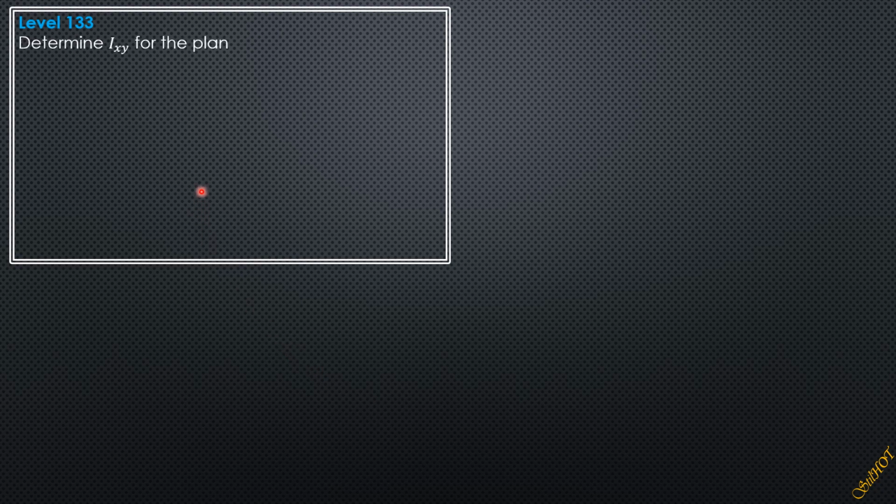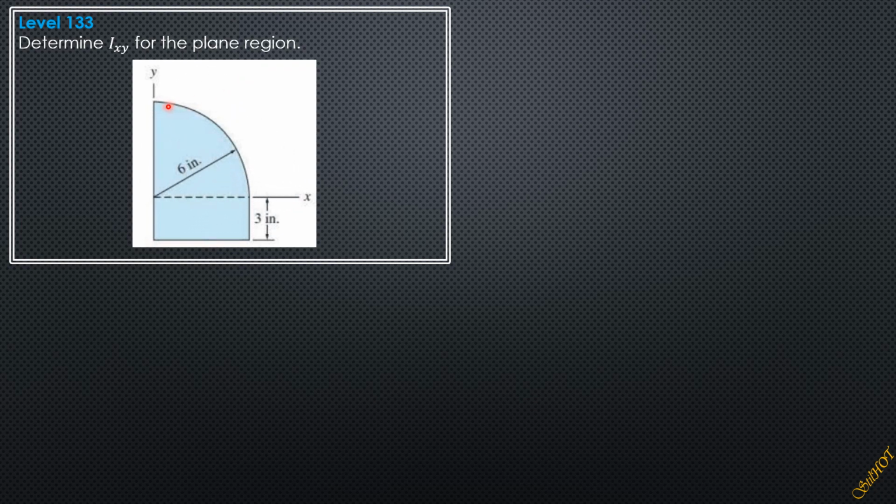Level 133, determine the product of inertia IXY for the plane region. So we have a quarter circle and this rectangle. No problem with the rectangle because we just apply the transfer formula. For this quarter circle, you have to recall that I already solved this, derived the formula for IXY, in fact also for I barred XY. So for our solution, recall IXY of this quarter circle is equal to r to the 4th over 8,